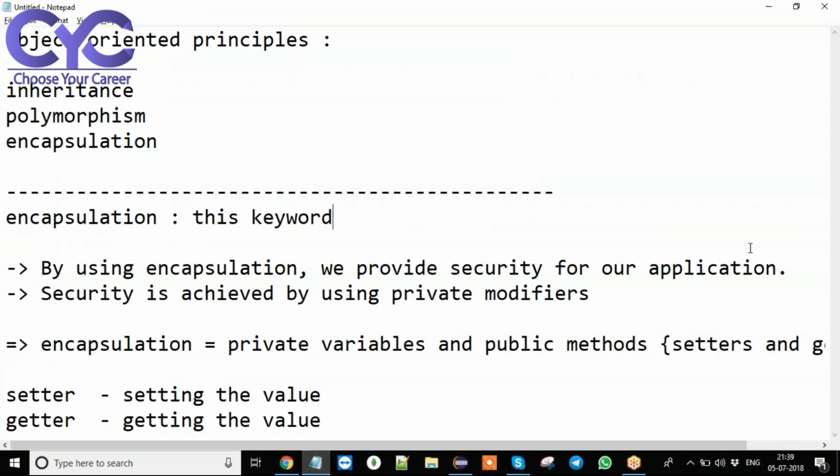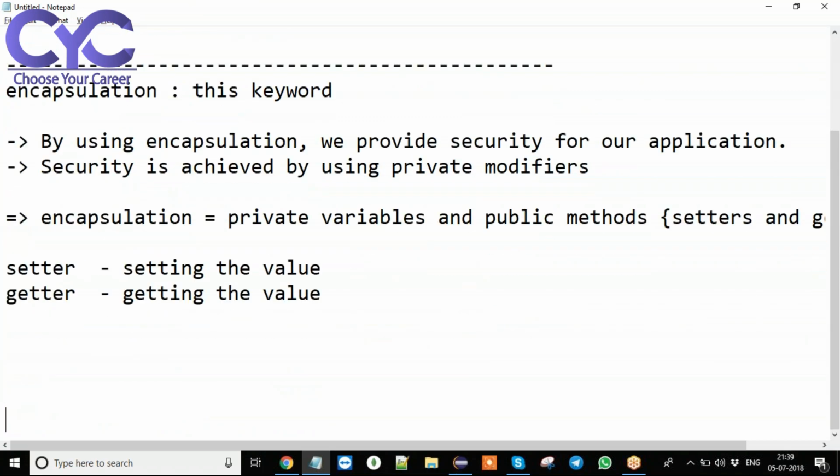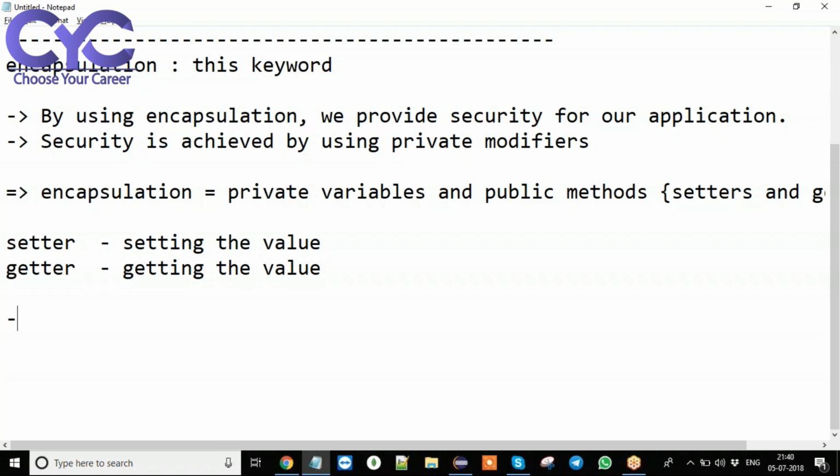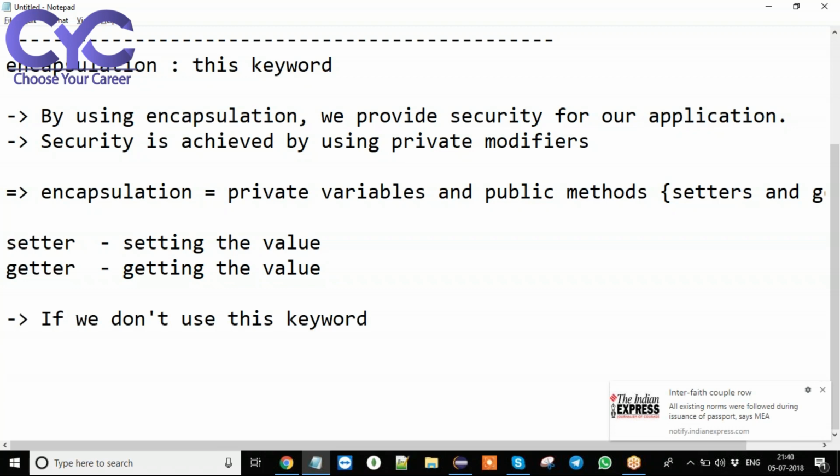Now here, write down this point also. If you don't use this keyword, we will be getting the default values.